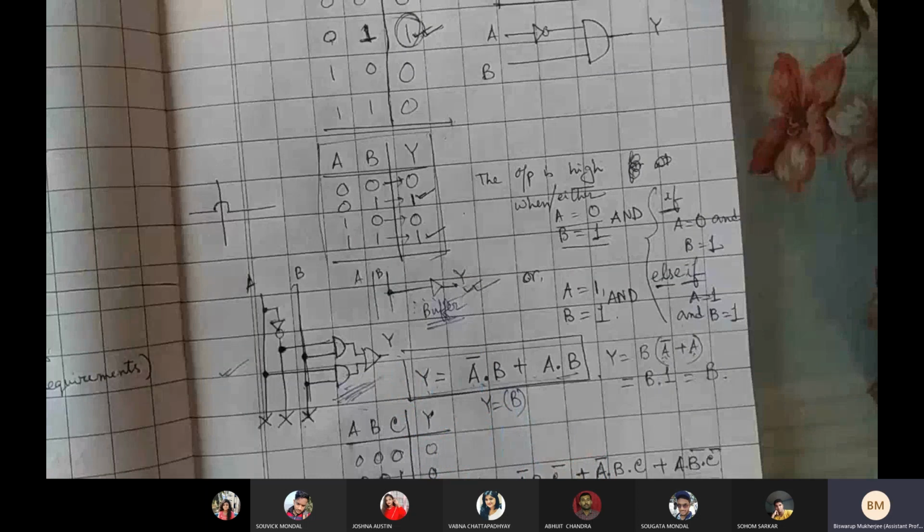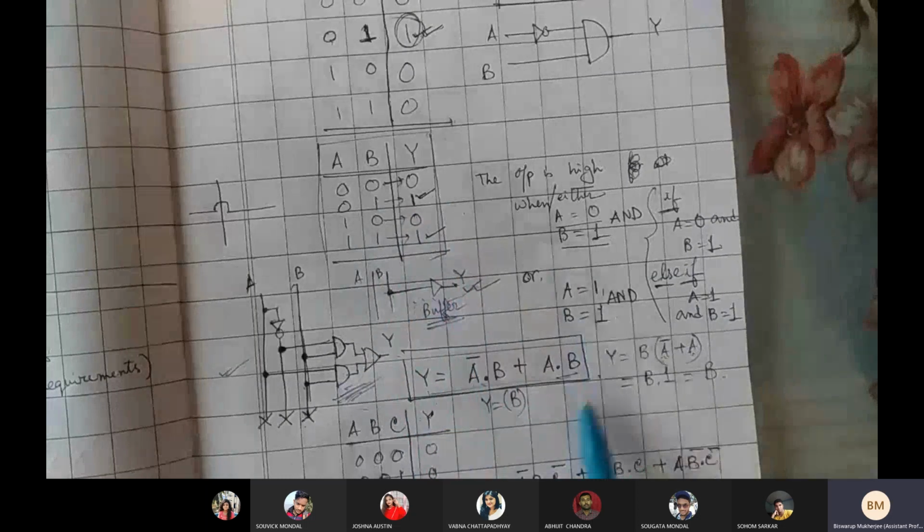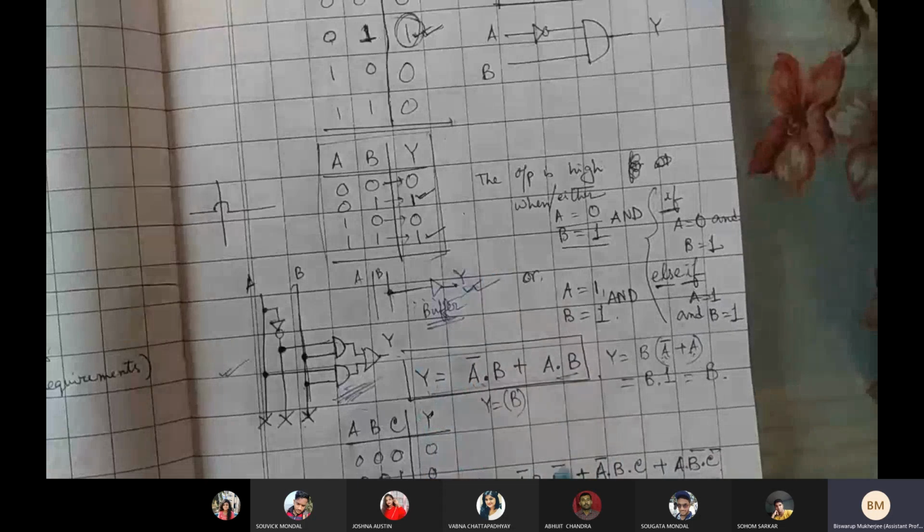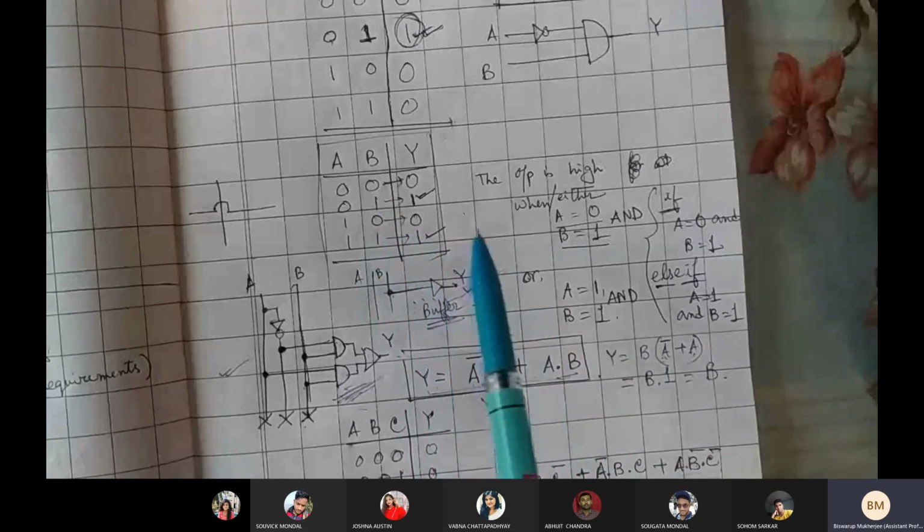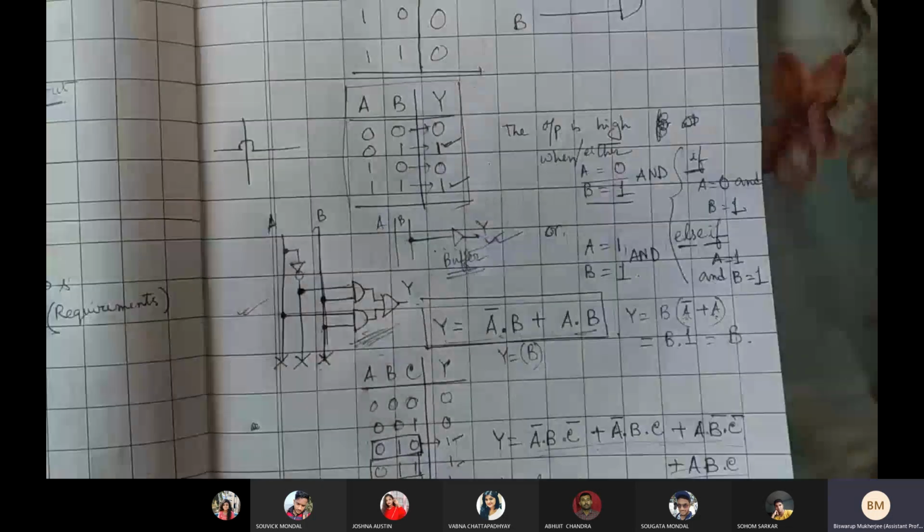It's not like you only make a truth table and then find out the expression, because that is very easy. Then why are we learning this subject? We're learning this subject to make it optimized. Now how do we get an optimized circuit? Even right over here it can also be optimized. There are a lot of ways by which you can optimize this particular circuit, so we'll be looking at that.